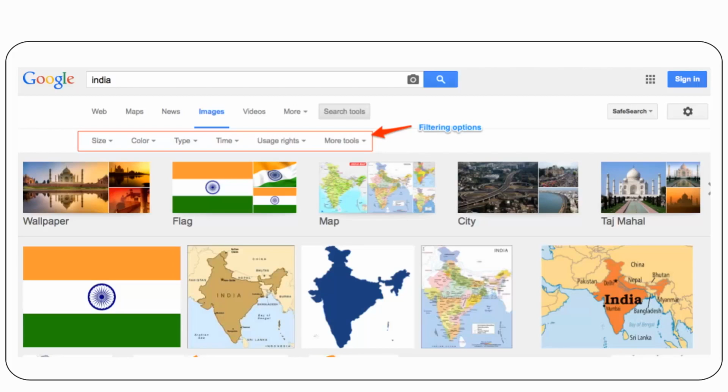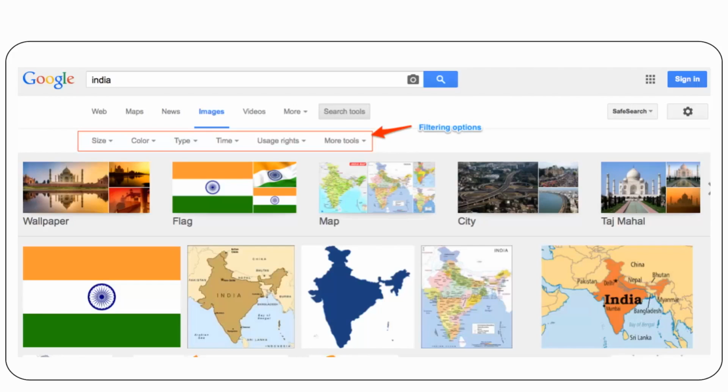So these filtering options are specific to image databases. Another example is Getty Images, which is a paid service. Getty Images also provides such filters, like royalty free or royalty paid, which are also available in Getty Images.